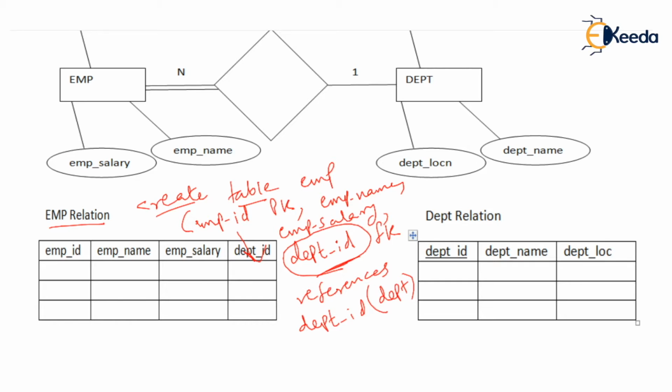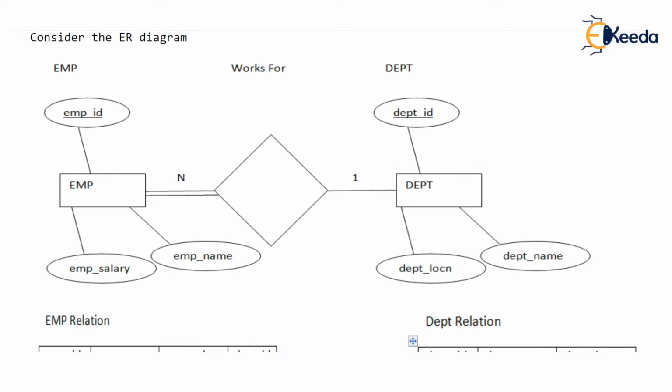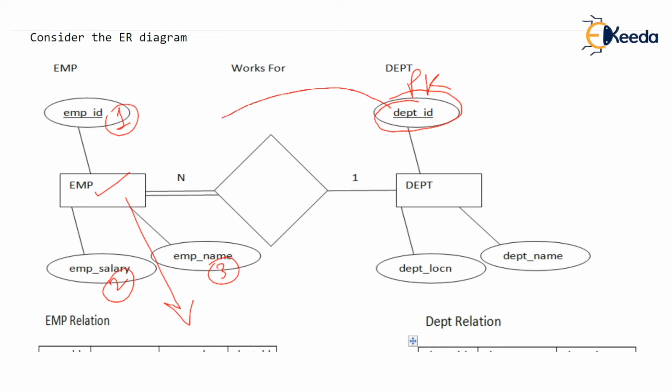But what I want to suggest is anybody who sees this ER diagram would say, okay, EMP is an entity and it has three attributes: EMP ID, EMP salary, and EMP name. So when I convert this EMP into a table, that is relation, there should be 3 columns. No, there are 4 columns. How come? This DEPT ID, which is primary key of the DEPT relation, will be one more column in this. So that will become a foreign key in the EMP relation.